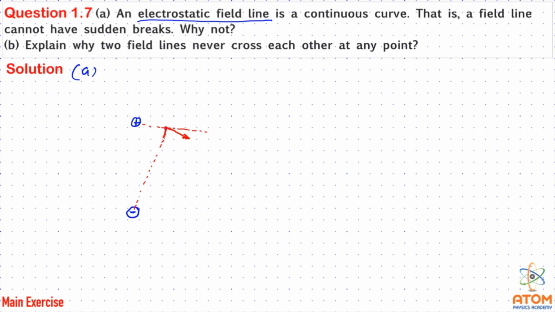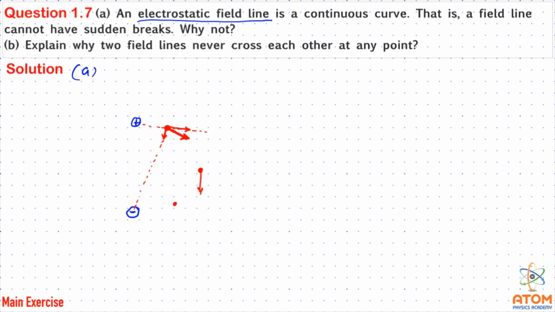So this is one force and this is another force, and so this is the resultant force. And when we say this was a unit positive charge, the force on a unit positive charge is the electric field, and that's why we say that this is the electric field at this particular point. So the electric field at this particular point is in this direction. The same way, if I choose another point, let us say here somewhere, then the resultant electric field will come in this direction.